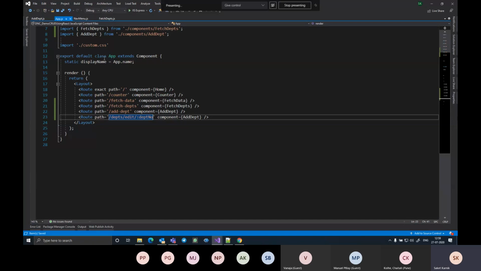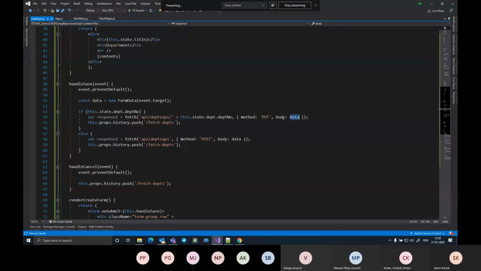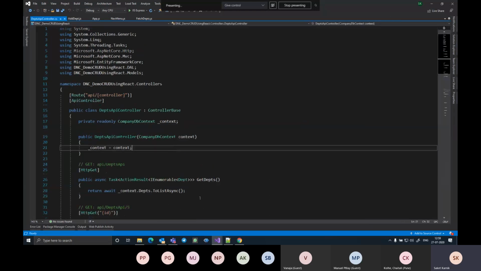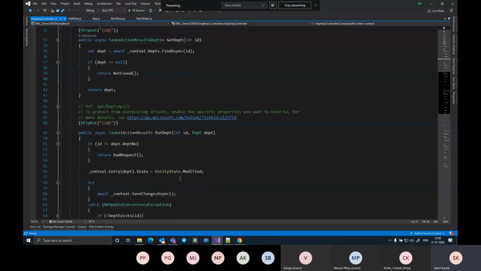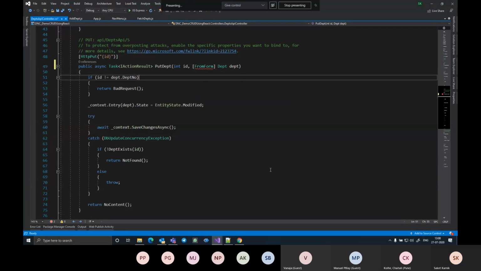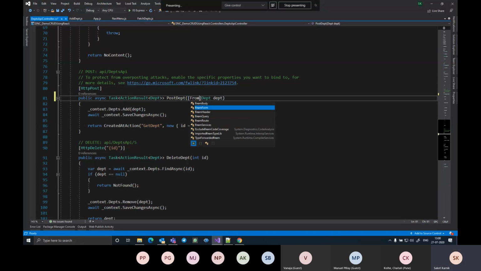And one last thing that we need to do is, as you can see from this, we are actually sending the form data as the request body, not the JSON data. So a small change required in our web API. So here I just go back to controllers and open departments API, locate put department method here. Just before department, I put from form attribute, and the same thing I do for post as well. Form, otherwise it looks into form body. From body is the default. So just save